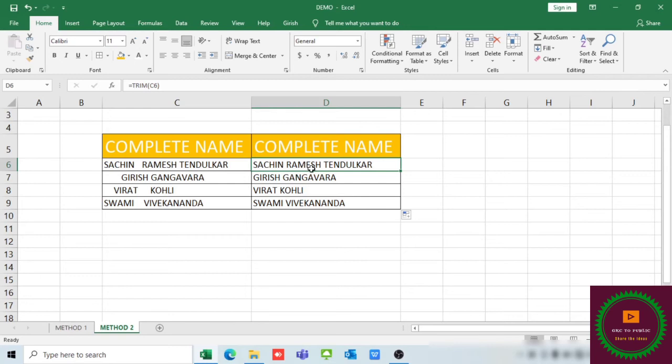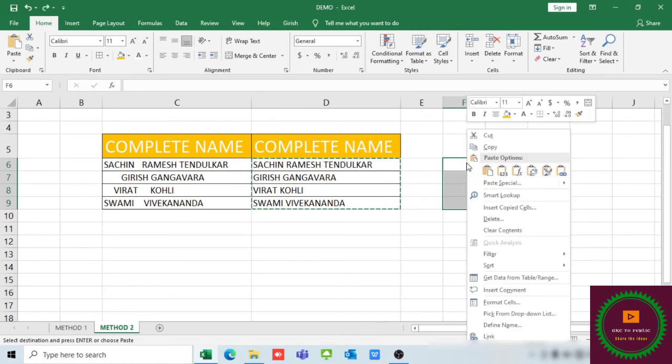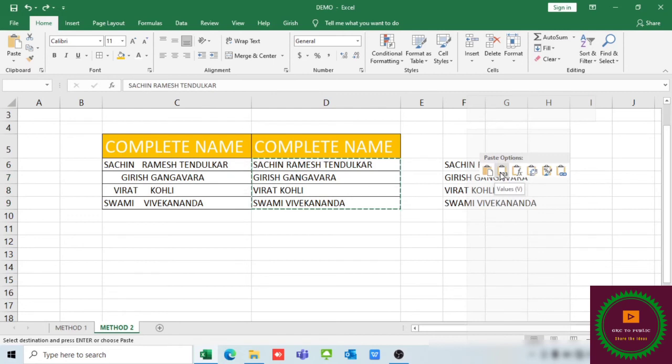But the challenge is, when we copy these cells, you will not get the values, you will get only the formula, and you will see blank cells. To fix that, we right click and use the Values option in the paste options. By default only the formula is pasted, so we paste it with values.